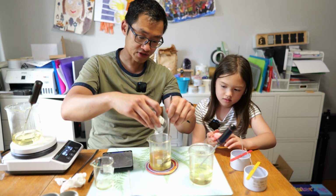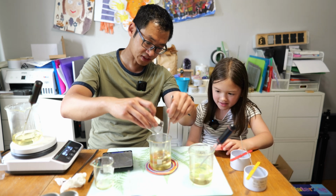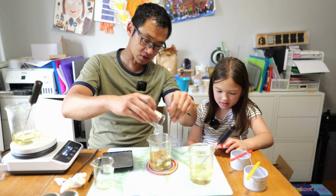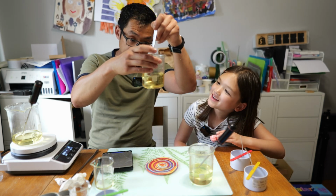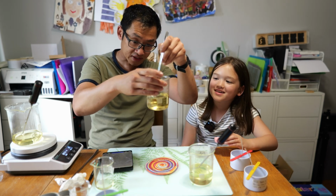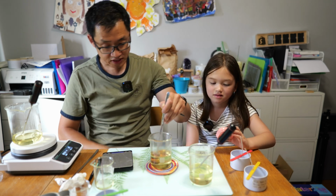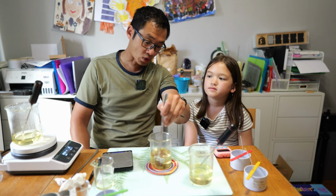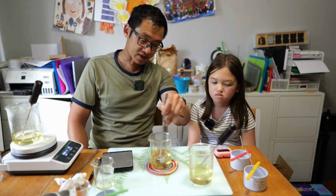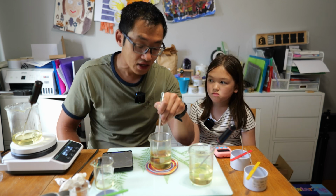Okay, 1 minute of stirring. Can you see it? Yeah, this one you can see. So you want to get it so it's not obvious, so it's all combined. Can you see the oil isn't so obvious now? That's why you've got to mix it nicely, stir it nicely, because you want it all one. You don't want a layer of oil and a layer of wax. You just want it all